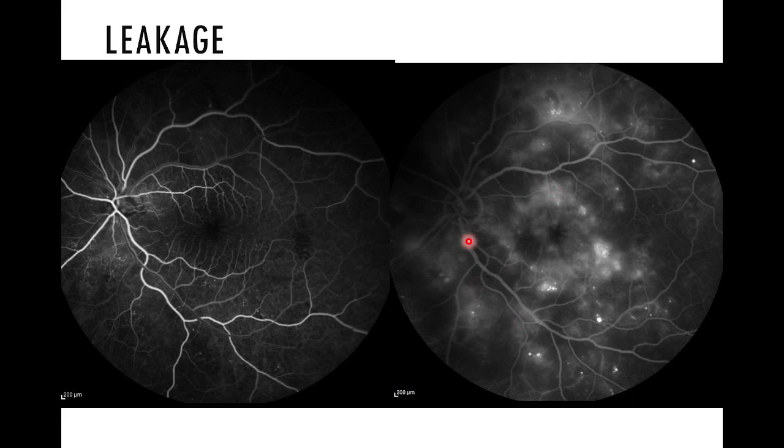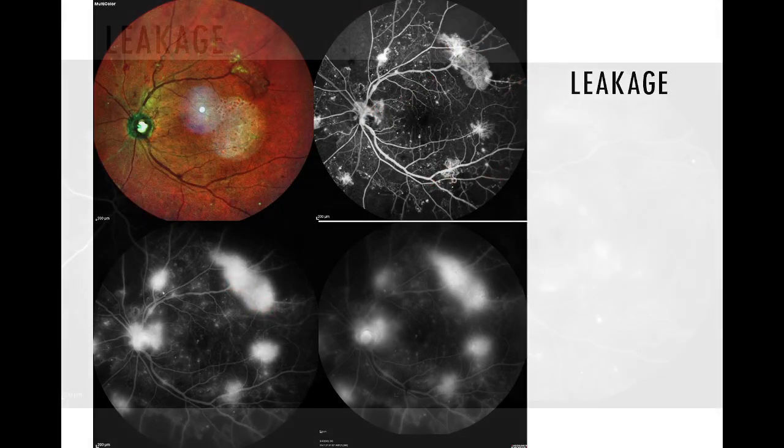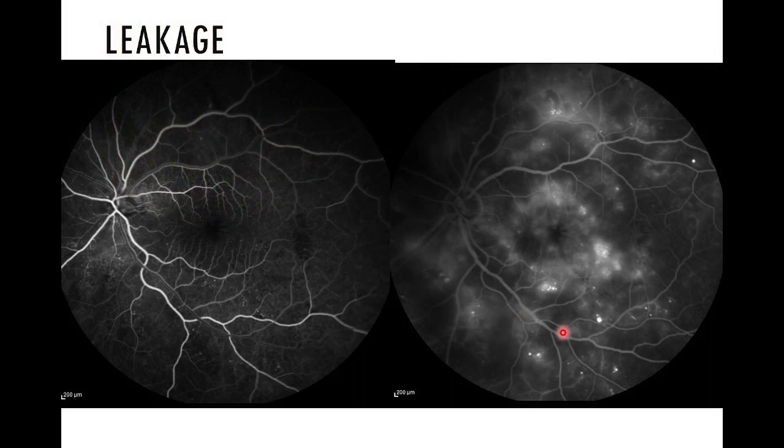Okay, we don't see any fuzzy hyperfluorescence here, as we saw earlier, isn't it? Over the disc and along the arcades, those are fuzzy or cotton ball hyperfluorescence. These are new vessels, leakage of the new vessels. But here we don't see such kind of hyperfluorescence. All these pinpoint hyperfluorescence, gradually you can see it's leaking. So these are microaneurysms. This is suggestive of non-proliferative diabetic retinopathy.